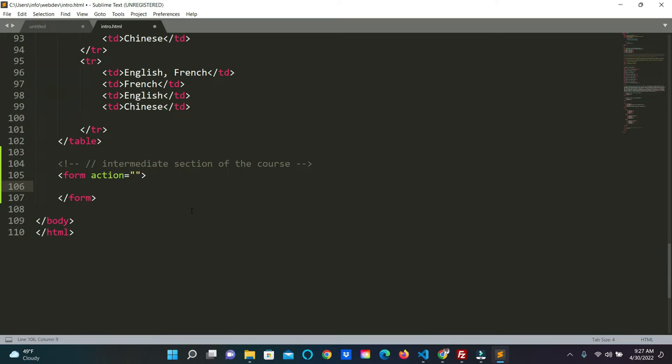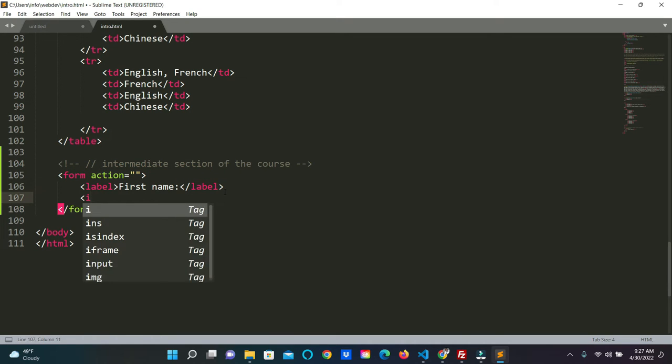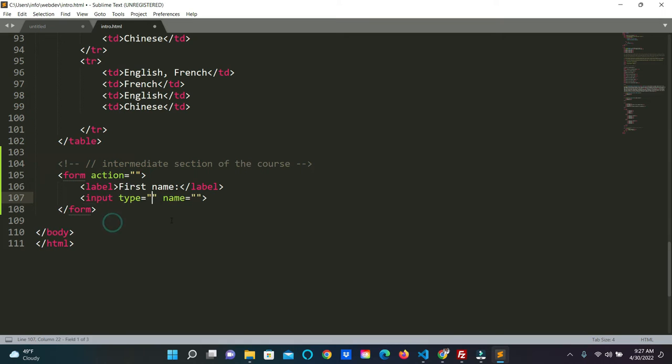Now, let me make use of the label tag. So, for instance, label, I can say first name, and then below right here, I'm going to have the input for the first name. Input type will be text, and name. I'm going to explain this name attribute very soon. So let me say name. This is going to be first name,